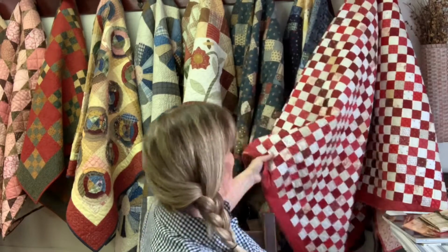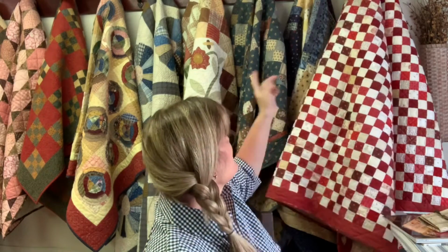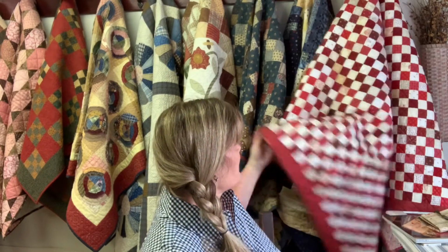This red and white one, and I've rearranged. Somebody asked me if they get damaged, and I talked a little bit about this last time. You can tell I've kind of rearranged. Every once in a while I'll come in here and I will rearrange them. This red and white one has